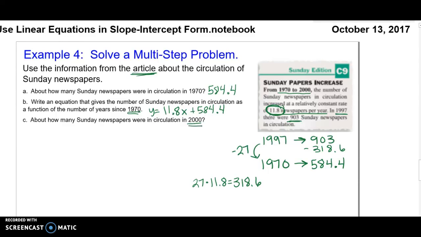So in 2000, that is 30 years past 1970, where x is years, we could do this equation: 11.8 times